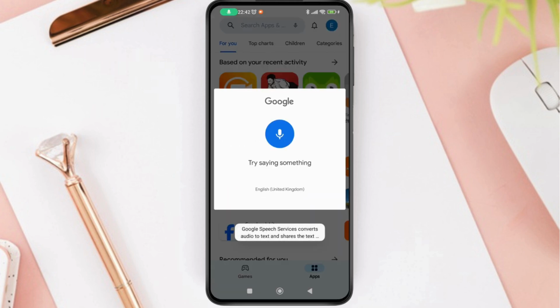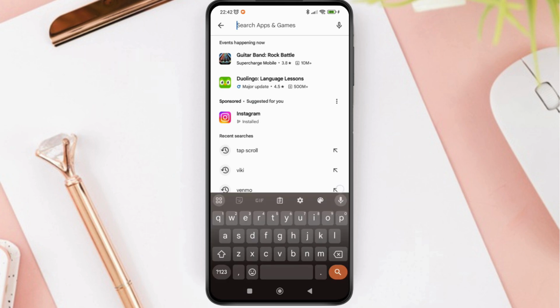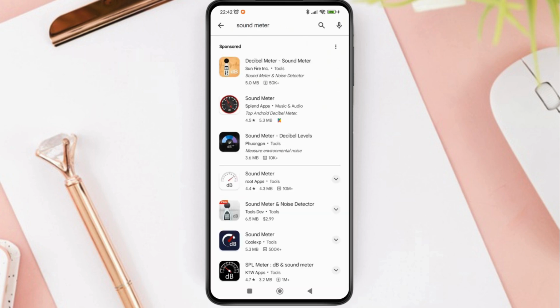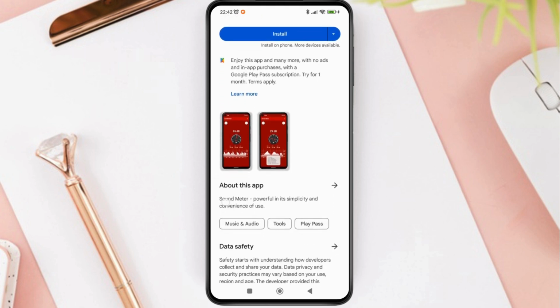and here we're going to search for a third-party app called Sound Meter. So just tap on Sound Meter and download it, and this will help you in checking the decibel and all